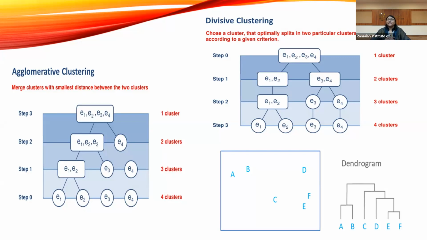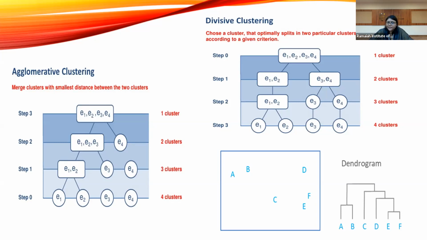Now coming to agglomerative clustering. Agglomerative clustering means we are trying to merge the clusters. That means individual clusters are there, and we are trying to merge them. But divisive clustering is just the opposite. That means a group is there, and you are trying to divide it into smaller clusters. Hope all of you got this, that agglomerative and divisive are opposite to each other. In agglomerative, you merge the clusters. In divisive, you divide or split the cluster.